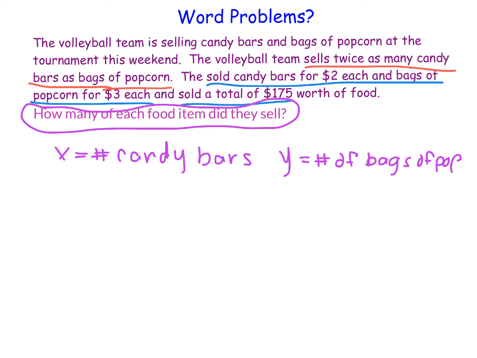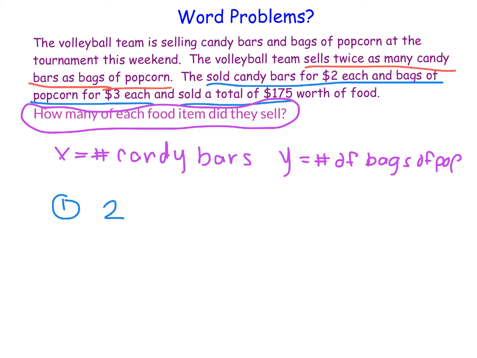Now, because I have 2 unknowns, I know that I need to write 2 equations for this particular situation. When I read through the word problem in front of me, what I immediately notice is the part that I underlined in blue is a cost calculating equation. We have candy bars for $2 each, bags of popcorn for $3 each, and there's $175 worth of food that are sold. So my first equation is going to be $2 times the number